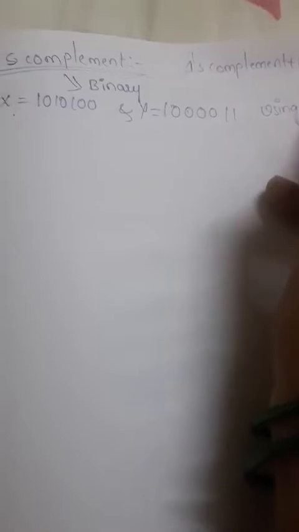Okay, so here I take one example. The 2's complement is completely related to binary, so we have to take the numbers in binary. So I take X equals 1 0 1 0 1 0 0, and Y equals 1 0 0 0 0 1 1. Using the 2's complement, subtract: